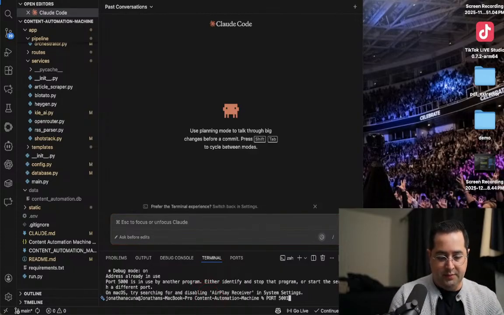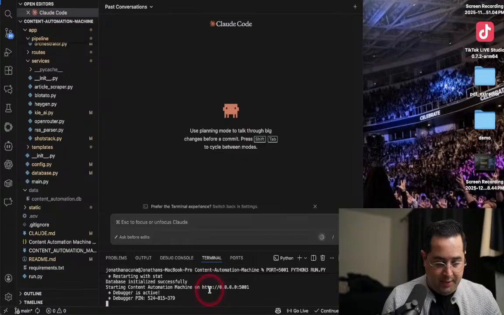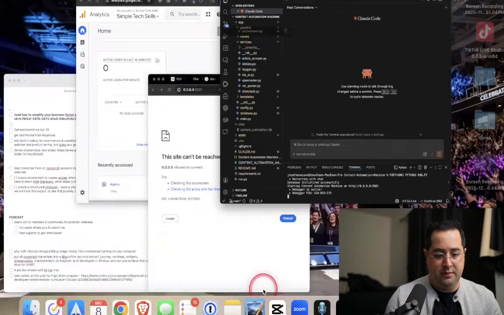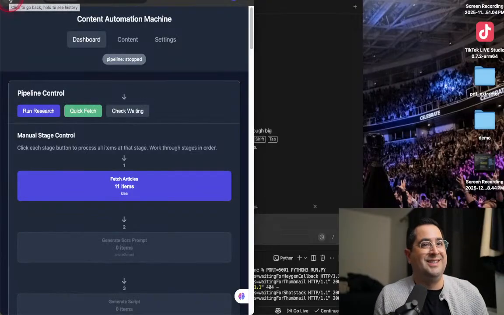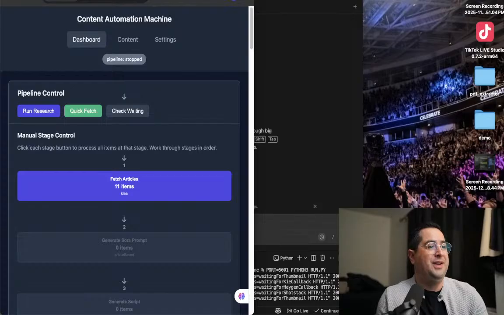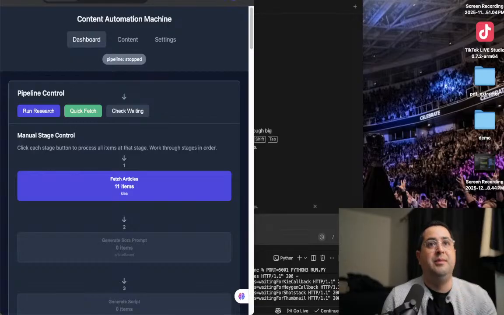Port 5001, port equals 5001. Python 3 run.py. Oh, that was the matrix hack right there. Yep, perfect. So now, if we refresh, oh yes, this is dope. Because this is a full content automation machine, and I mean full content. So we're gonna queue this puppy up, and I'm just gonna do a little bit of vibe coding with this